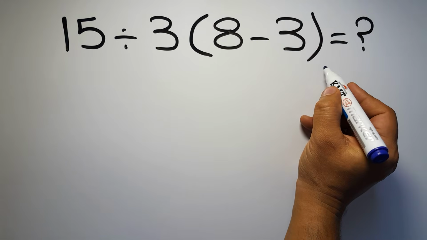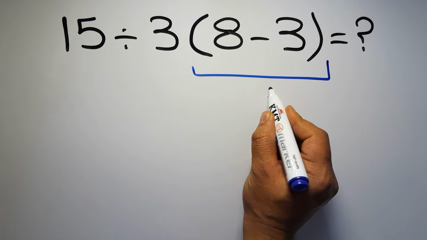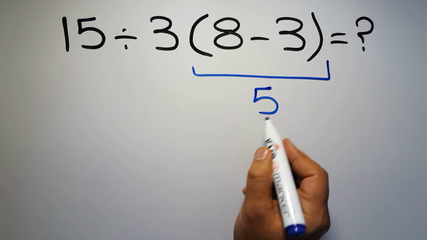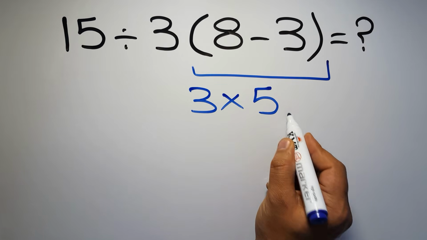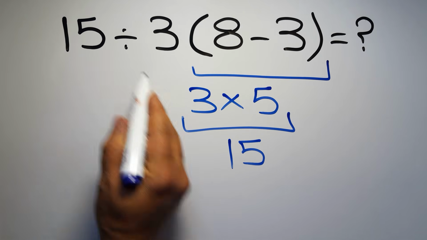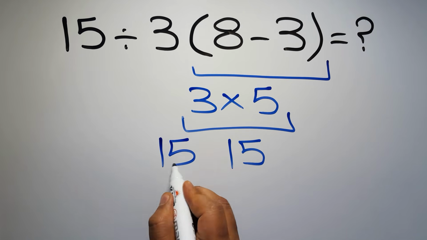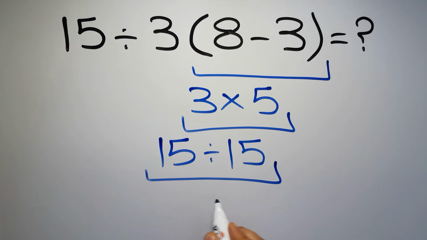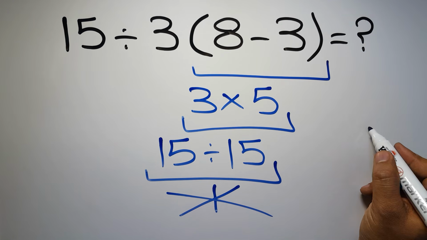8 minus 3 equals 5. And 3 times 5 gives us 15. So 15 divided by 15 equals 1. But this answer is not correct, because according to the order of operations, first we have to do